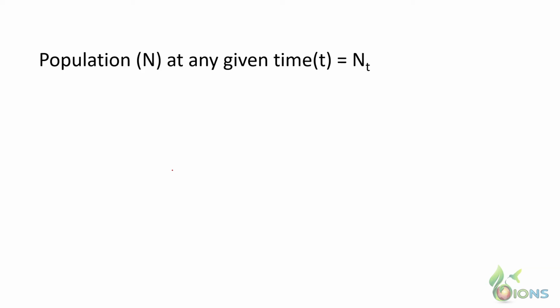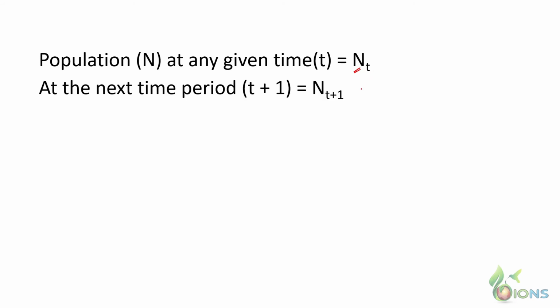So if we understand that in a numerical sense, we'll see that at any particular given time, the population is N at time t, right? And when there is an increase of a particular time period, it will be t plus 1. So here the increase in time period might be 1 year, or it might be 10 years. For example, let's say I'm counting the population of tigers every year, so Nt would be 2001 and Nt+1 would be 2002.